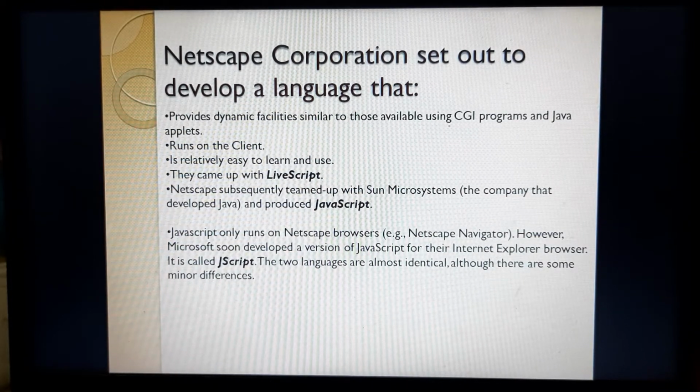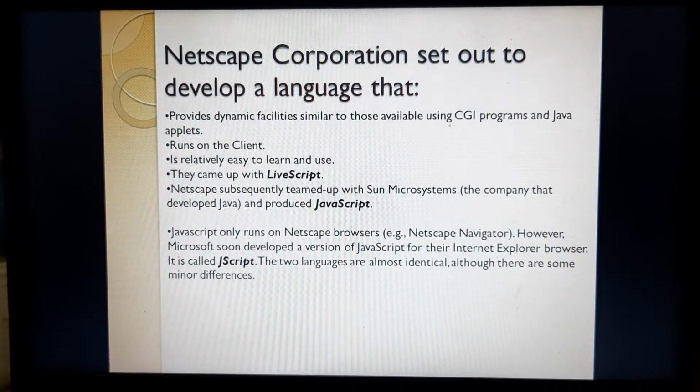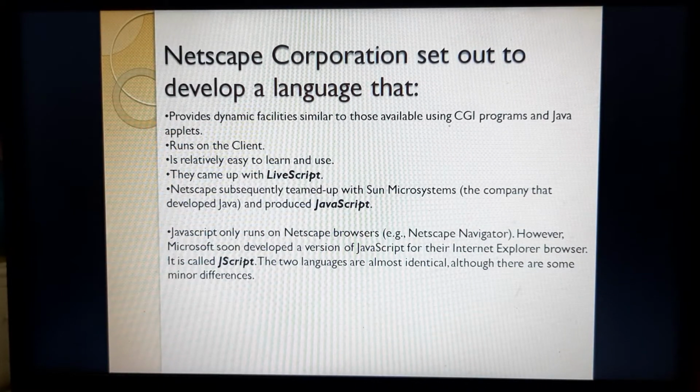JavaScript only ran on Netscape browsers at the time it was started, not now. Now we can use it in all kinds of browsers. However, Microsoft soon developed a version of JavaScript for their Internet Explorer browser. As we all know, the Internet Explorer browser is developed by Microsoft Corporation.